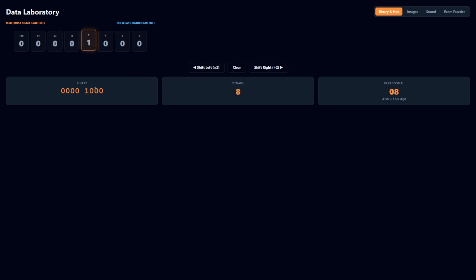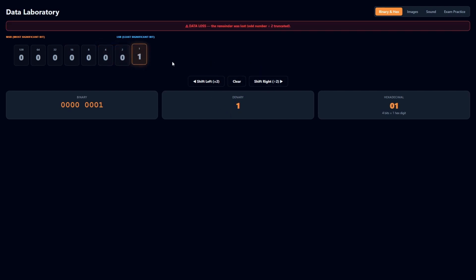Everything gets shifted to the left, and if we shift again, 2 equals 16. So left shift equals double, double, double. If we have right shift, so currently it's 6, right shift divided by 2 equals 3, and right shift again,